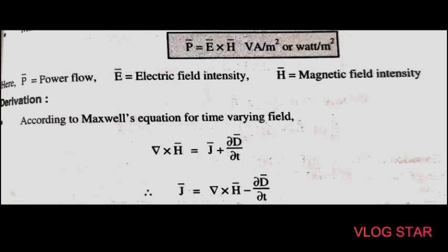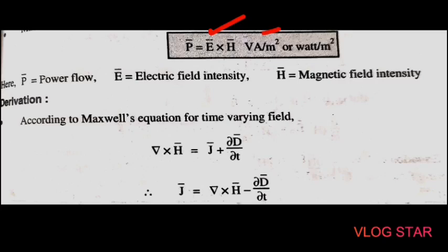We know that the electromagnetic waves travel from source to the destination, and these waves transfer the energy from that source to the destination. So there is a direct relation between this energy transfer and the electric field as well as the magnetic field. This relationship is given by the Poynting theorem. The vector product of electric field intensity, that is E bar, and magnetic field intensity, that is H bar, at any point is the measure of rate of energy flow at that point.